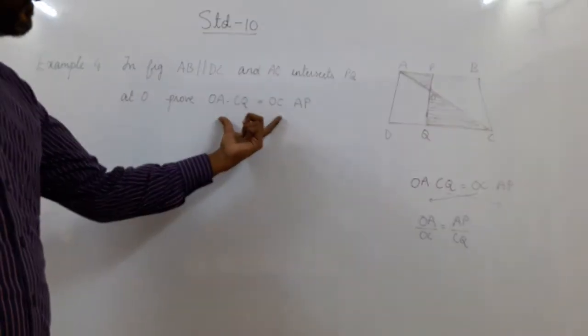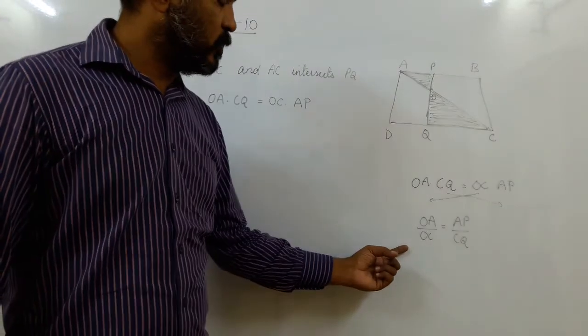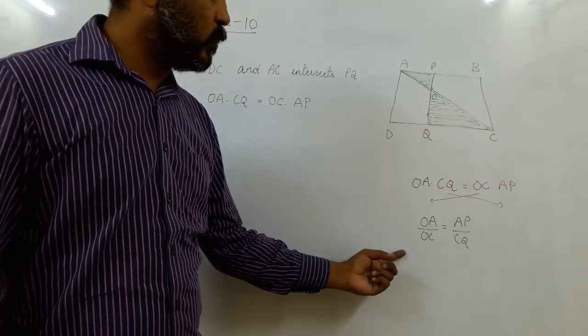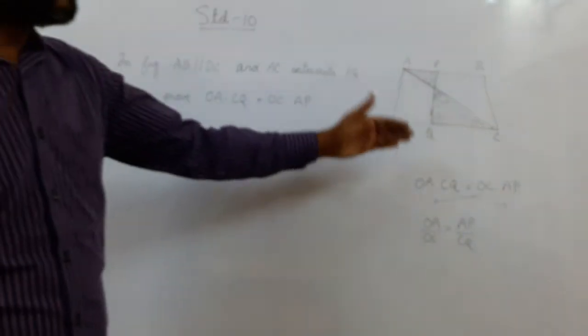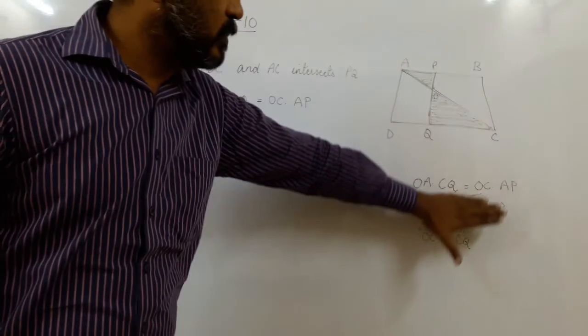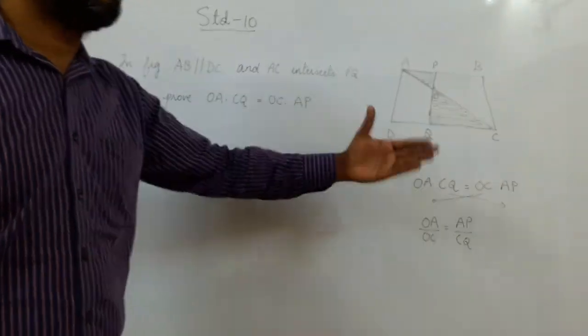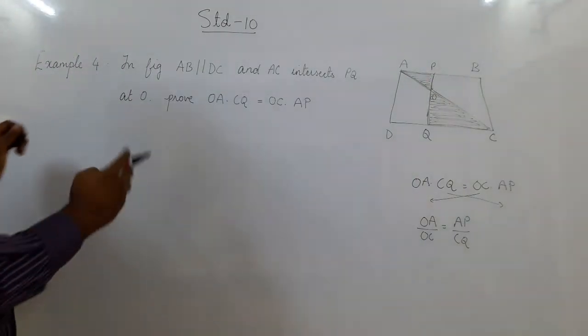To show this, what we first need to do is put it in the proper form, so we get a ratio. Now to show the ratios are equal, we need to show the triangles are similar. So which triangles should we take? So we should go with backward thinking. Now we have reached here. This is not to be shown in the exam. This is the backward thinking. How should we proceed with the sum? So now I know what I have to do.